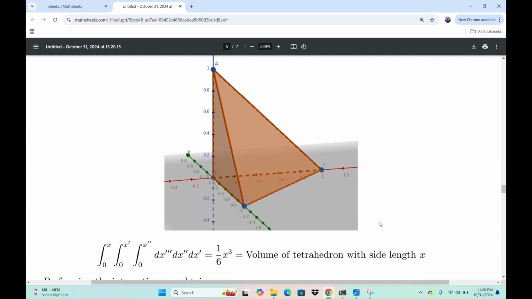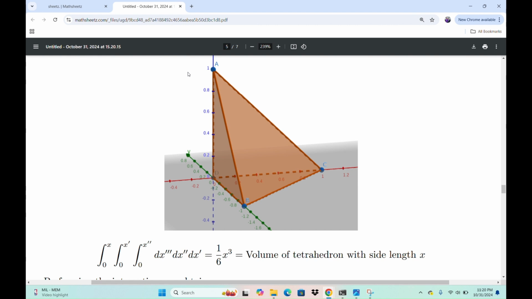So what do you know? If you integrate x squared over 2, you get x cubed over 3, the volume of this tetrahedron. You're passing to the cumulative area of the previous function. So if I started with a line and then I looked at the cumulative area function of the line, it's a growing triangle. Now if I look at the cumulative volume of that growing triangle, the cumulative area function of that growing triangle, I get a tetrahedron.